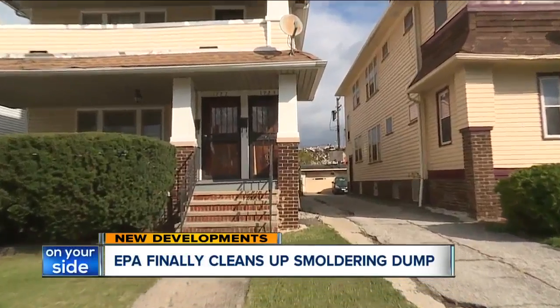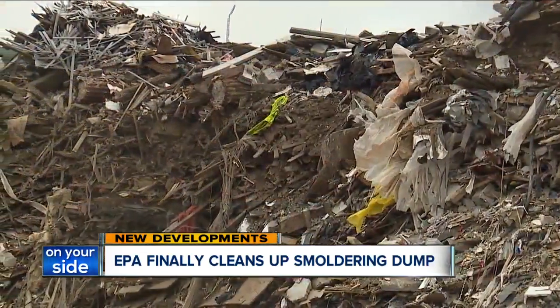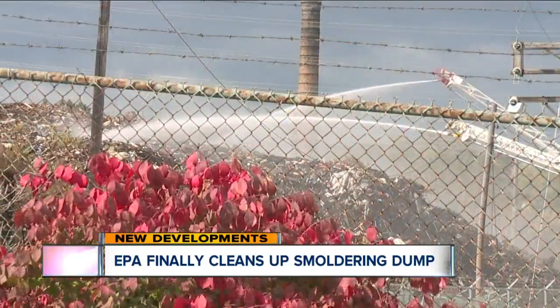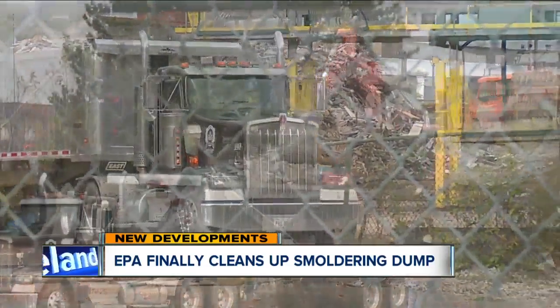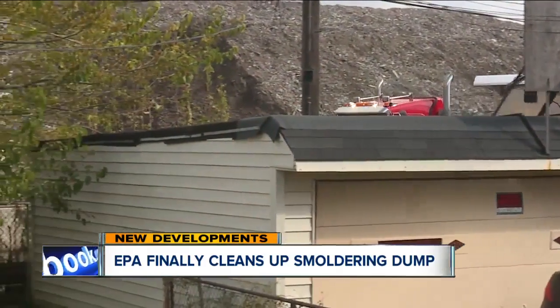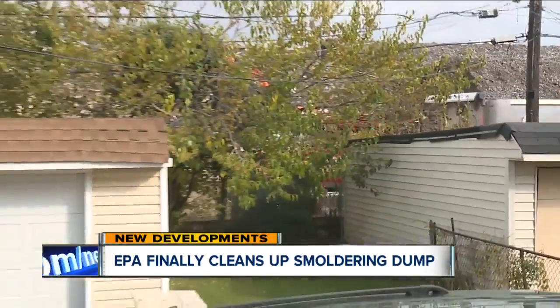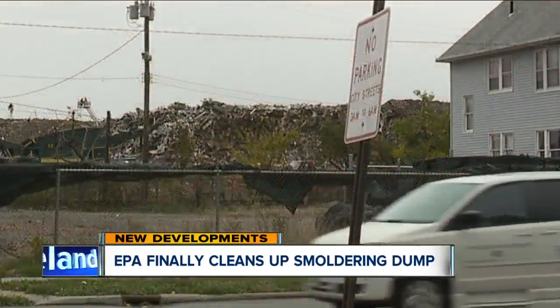There's finally some good news today for neighbors who live next to this huge recycling center in East Cleveland. 90% of the hotspots from the fire are out. Meanwhile, 6 large dump trucks are now being used to haul away this construction debris, piled high behind neighbors' homes on Noble Road. The Ohio EPA told me today this mammoth pile will be completely gone by June, if not